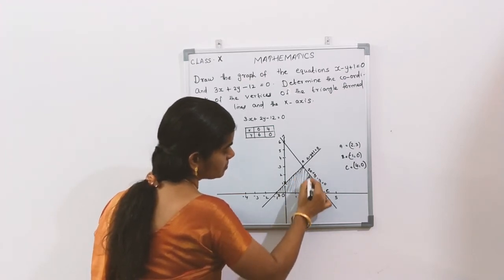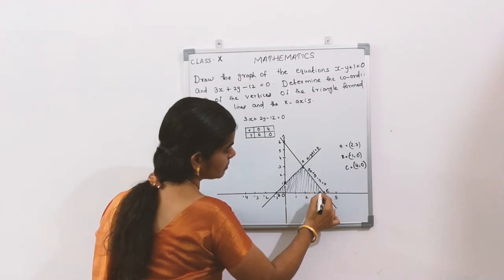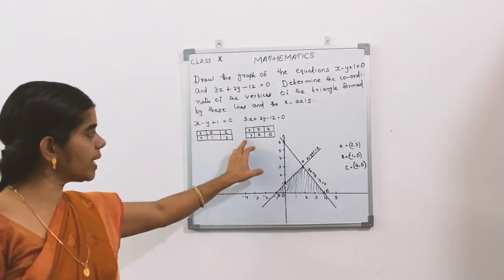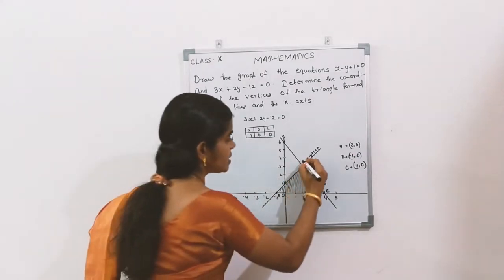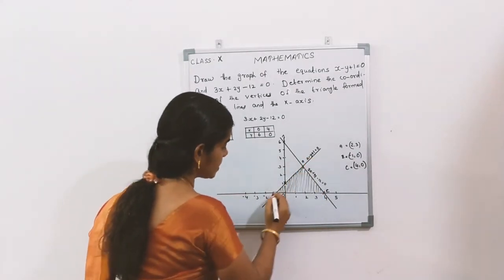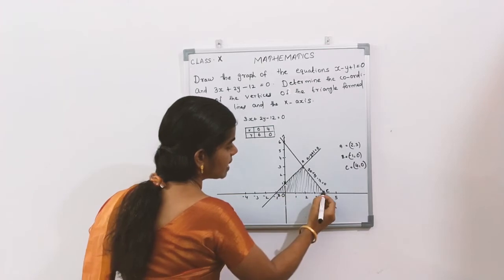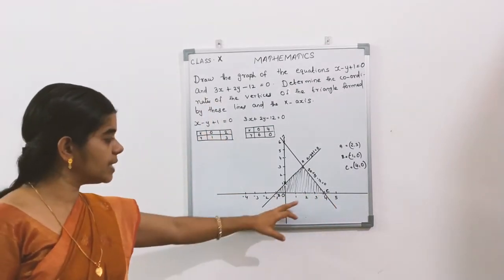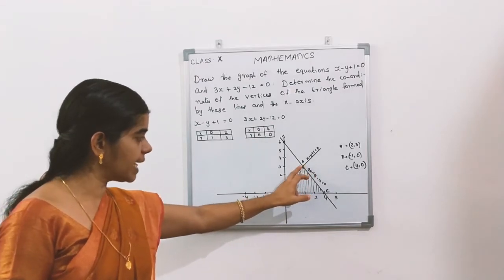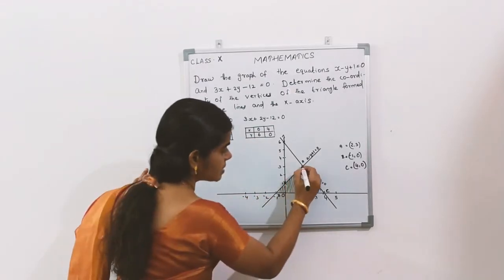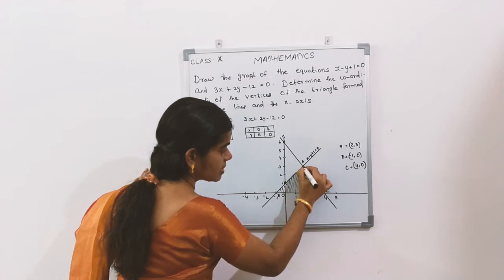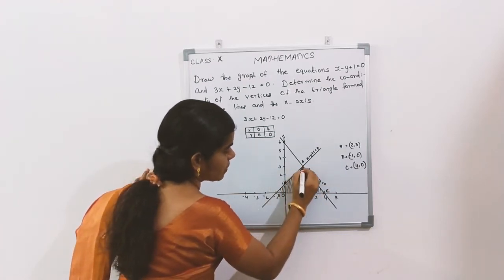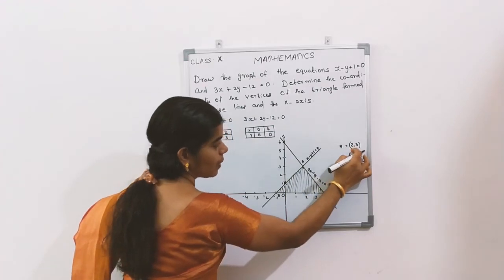Just listen. Just look. This is the triangular part. You want to write the coordinates of the triangle. This is one coordinate. This is another one. And this will be the third one. Now you want to find the coordinates of this triangle's vertex A. A means this is the triangle coordinate A. x is equal to 2 and y is equal to 3. Therefore A is equal to (2, 3).